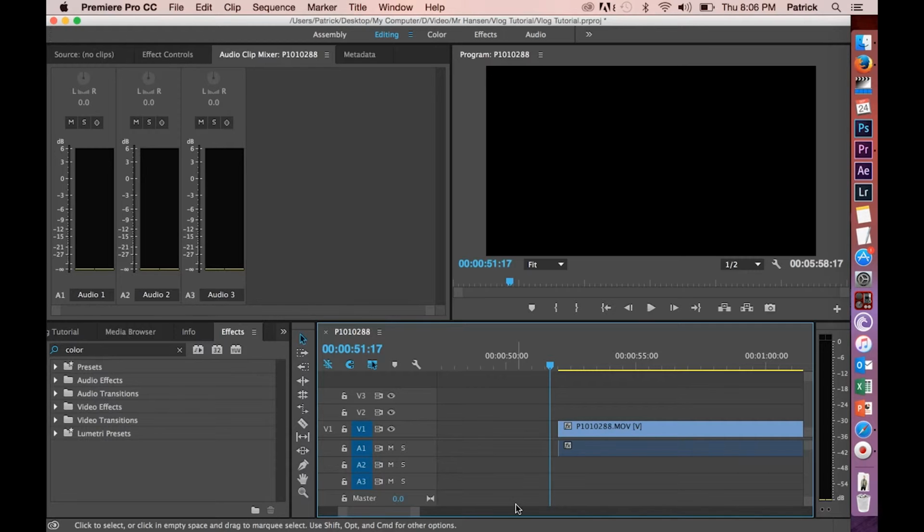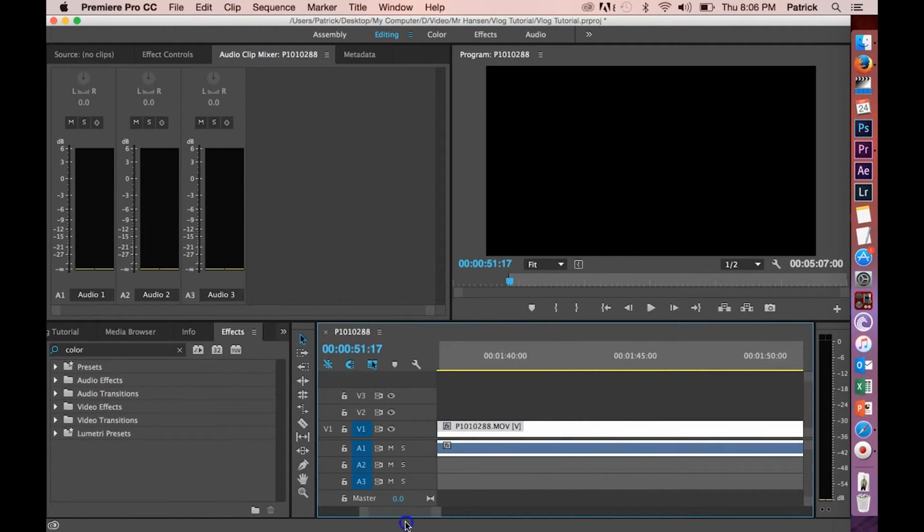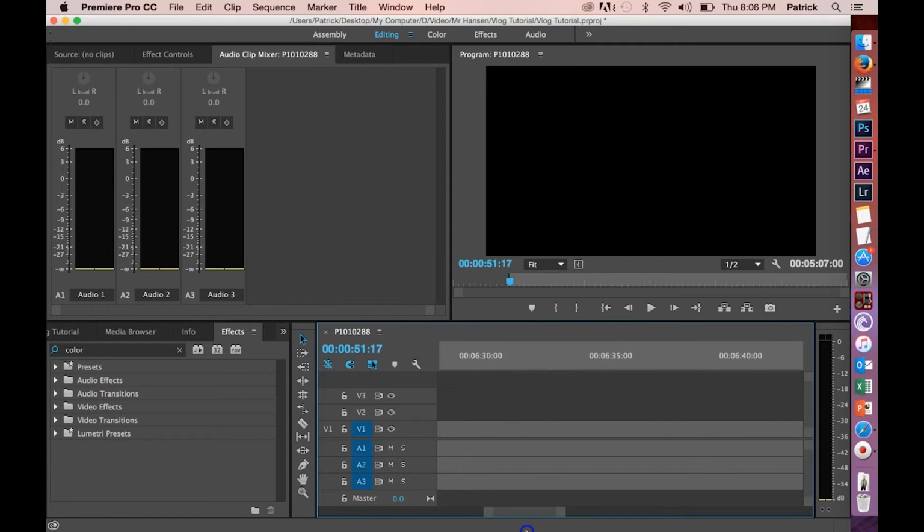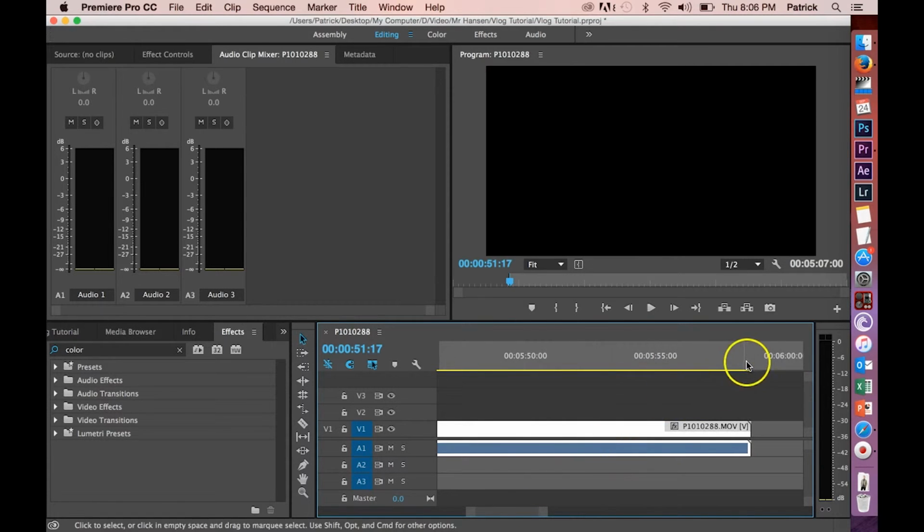All right, so I and O are keyboard shortcuts for in and out. So your movie would say the in at the beginning. I just hit I, and I'll go all the way to the end. This is way too long, I haven't cut this up at all, but I'll hit O for out. Now I've told the computer what my movie is for a beginning and for an end. And so once I've done that, I can go File,